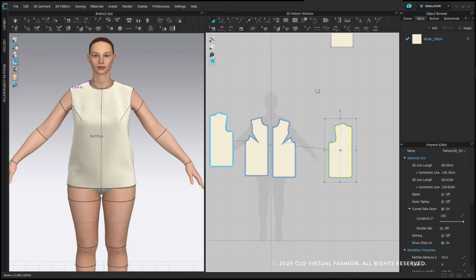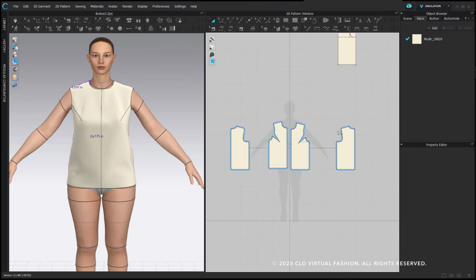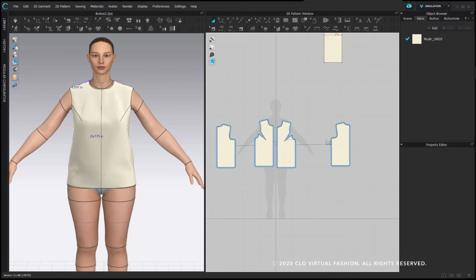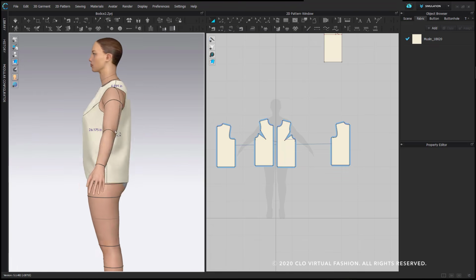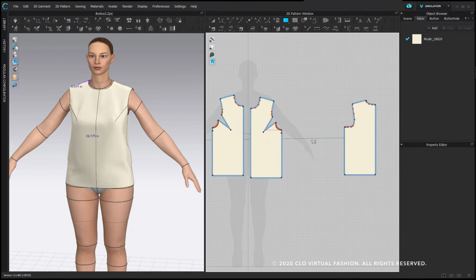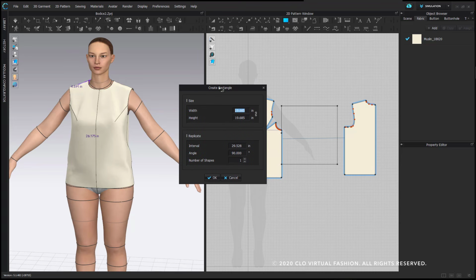Then I can spread this back out. So now that I have these 3 measurements, I have my bicep width I want to start with, I have a cap height, and I have a sleeve length. My fitted bicep measured 12 inches, but I'm going to start with 15 so I have some ease around my arm. I'm going to get the rectangle tool, left click once in the 2D window with it, and for the